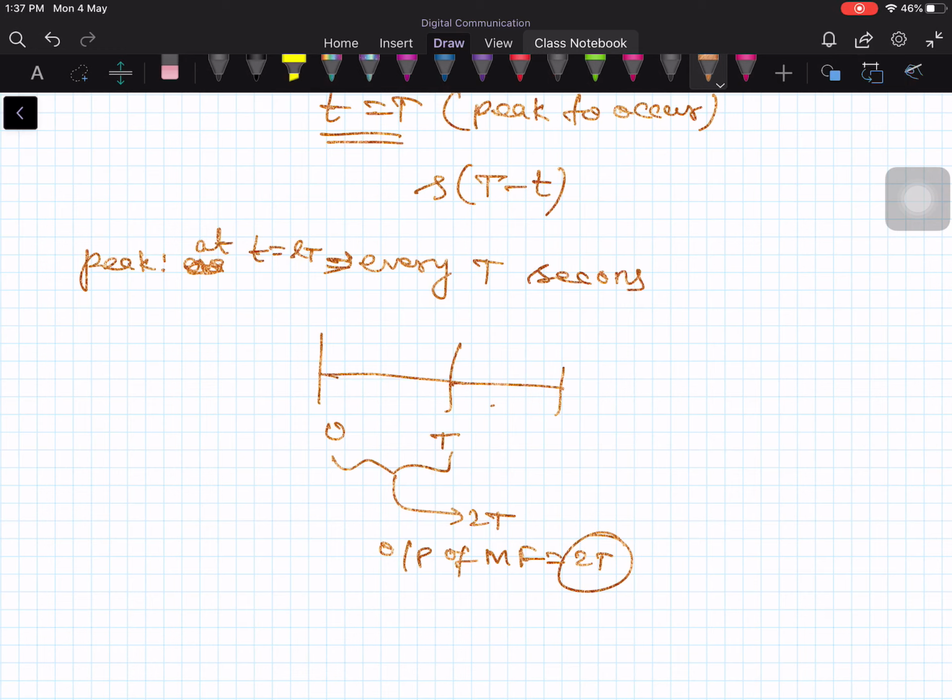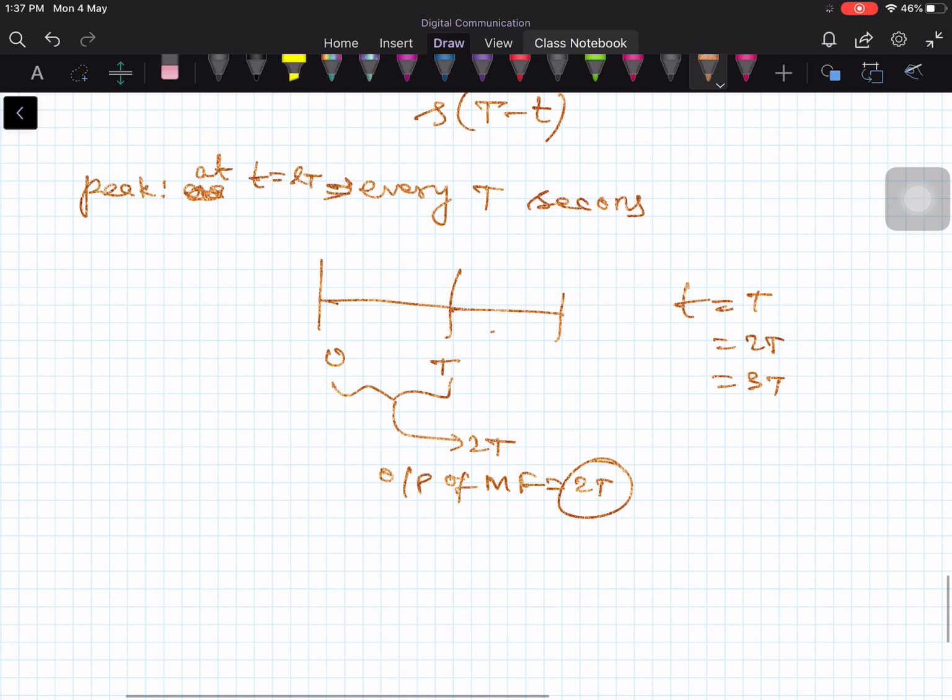Although it is peaking at t equal to T, and t equal to 2T, and t equal to 3T, and so on, we do have a distinct possibility of intersymbol interference here, because the output of the matched filter will interfere with the subsequent pulse intervals. Therefore the matched filter response does not become 0 in the next bit interval. It remains finite in the next bit interval also, and so on for subsequent bit intervals.